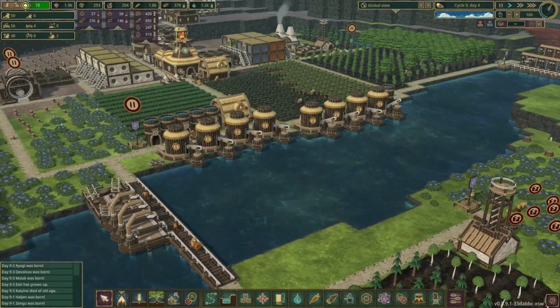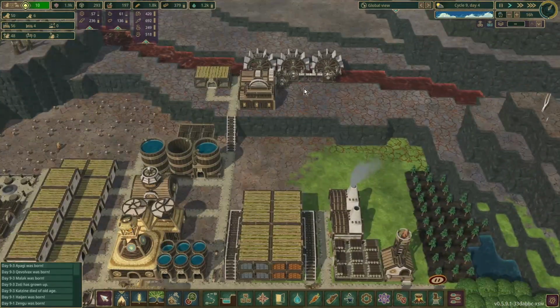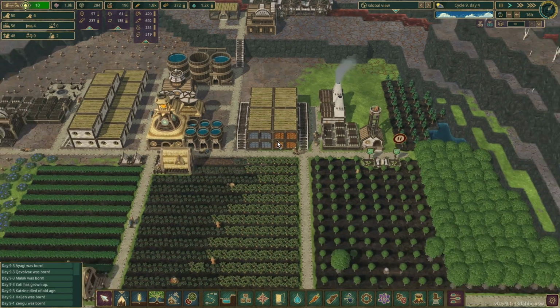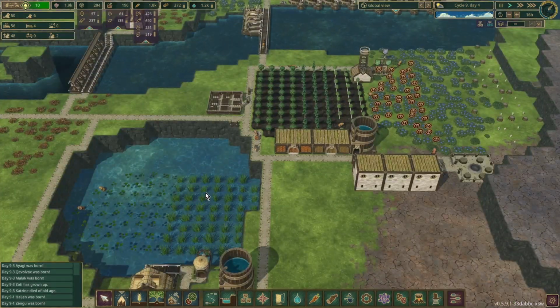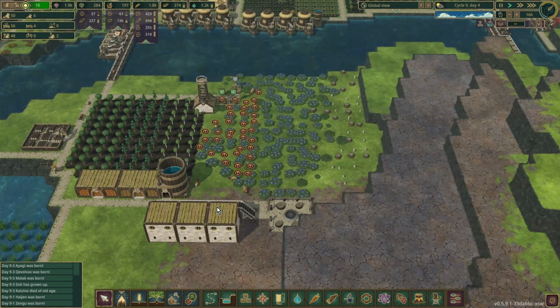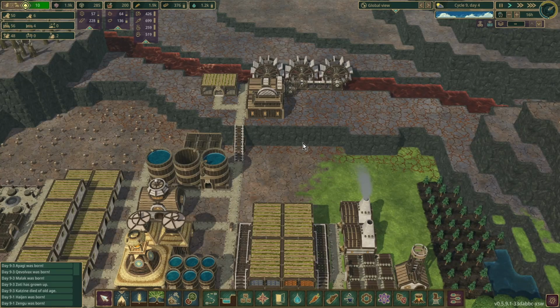Okay. Yeah, what next? I mean, it would be worth setting up a grist mill. But honestly, it's going to be a little while before we've got a crop of cattails in, and certainly a little bit of time before we've got enough to make flour and bread. So, yeah, we'll leave that for the moment. We'll clear this out. We'll put some more trees in over here. And we probably want to start looking at